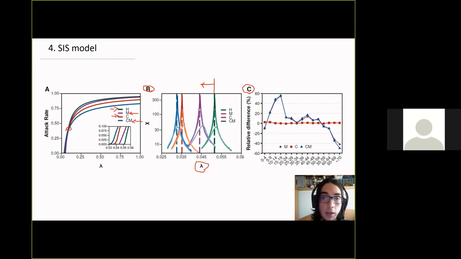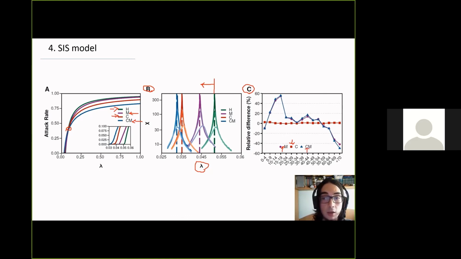But we can see that the total number of infected individuals is the same, but it's distributed in a very different way. When we just consider the network, we have no difference between age groups, as expected, because we are not taking into account age when we build the network. But for the other two, either just the matrix or the multi-layer scenario, we get mostly the same shape.